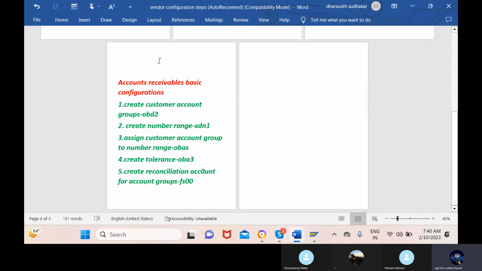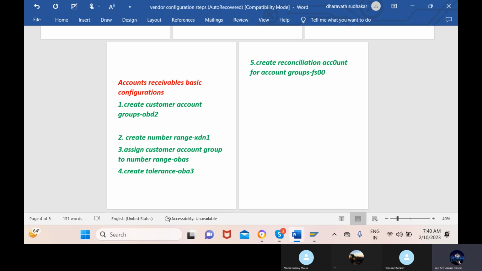Earlier it was OBD3 to create vendor account groups. But when it comes to customer, we use T code OBD2. Now you can find here three types of account groups. Three types of account groups. One is